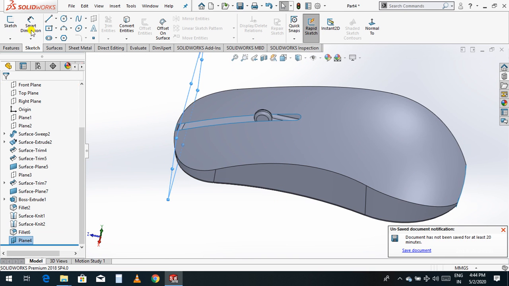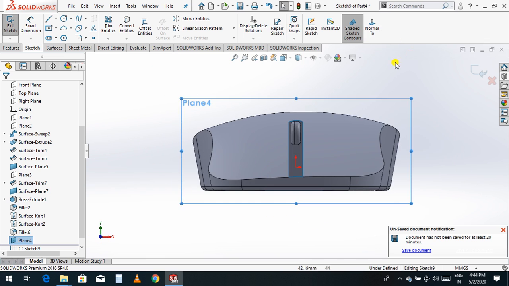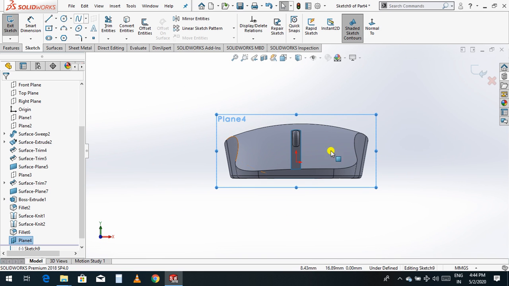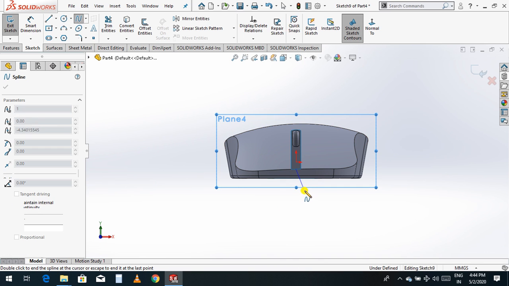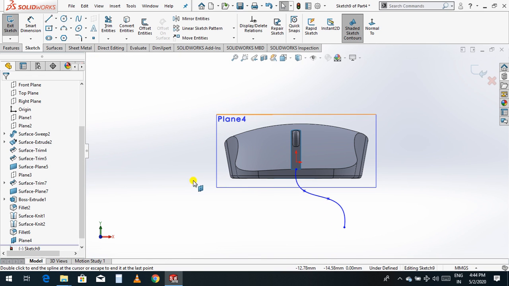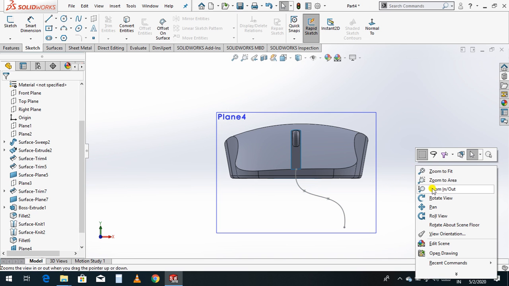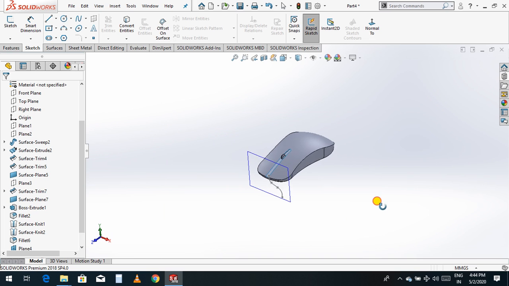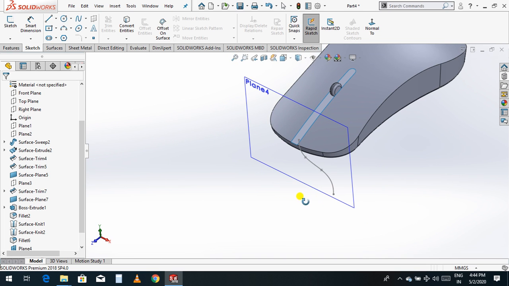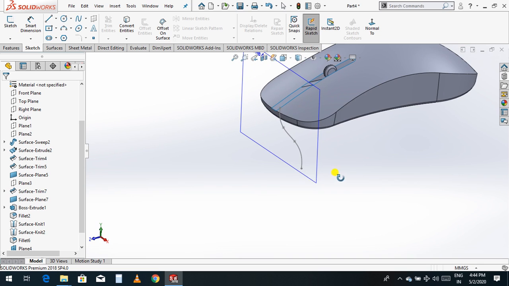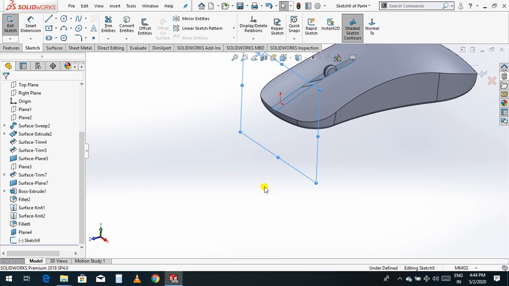Now just go to sketch, normal, and draw one spline line like this, and click OK. Now just rotate. I think I should take this way. Go back, go back, go back.